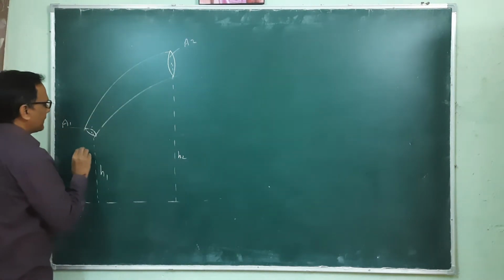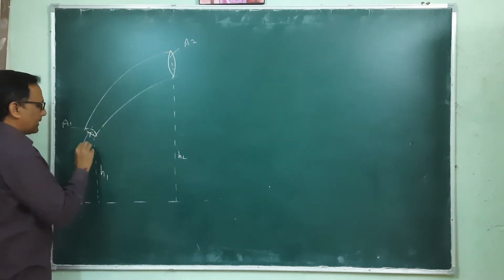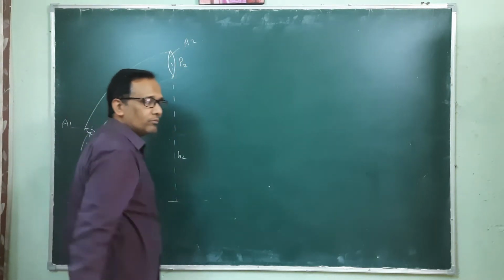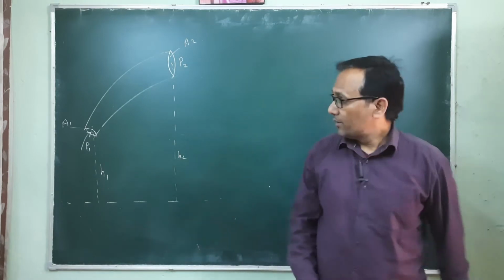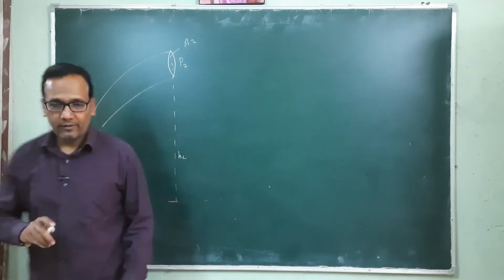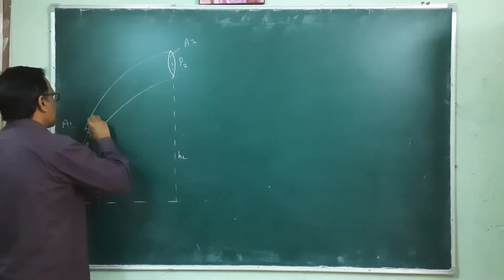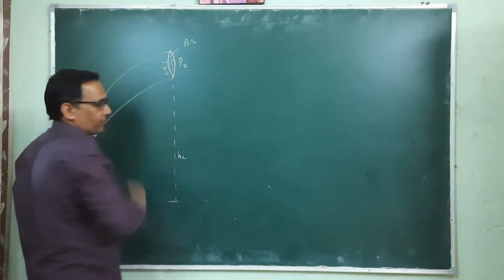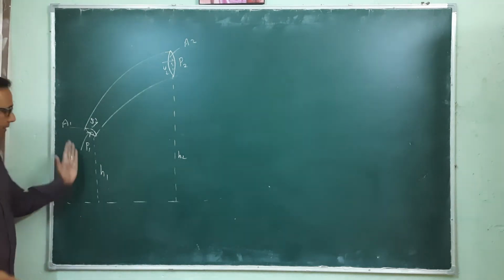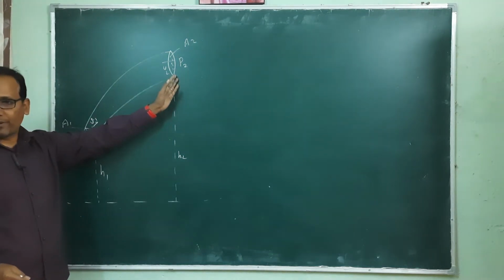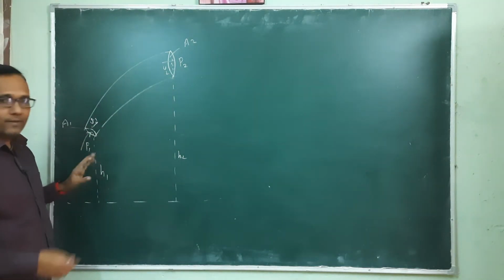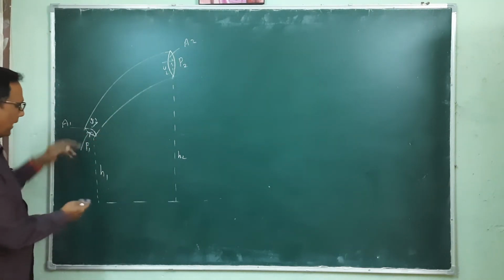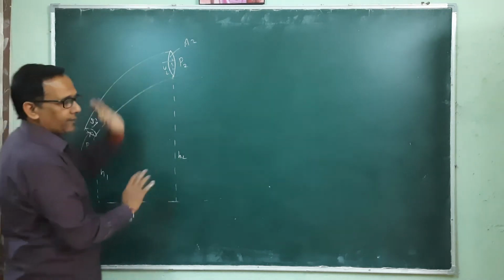The pressure applied in this area is, let's say, P1, and here that pressure is, say, P2. And in this region, the velocity of that liquid is V1, and in this region, the velocity of liquid is V2. So all these parameters, there will be the pressure difference. Height is a different height because the tube is not a straight line, the tube is bending, so the height will be different. So this is H1 and this is H2.